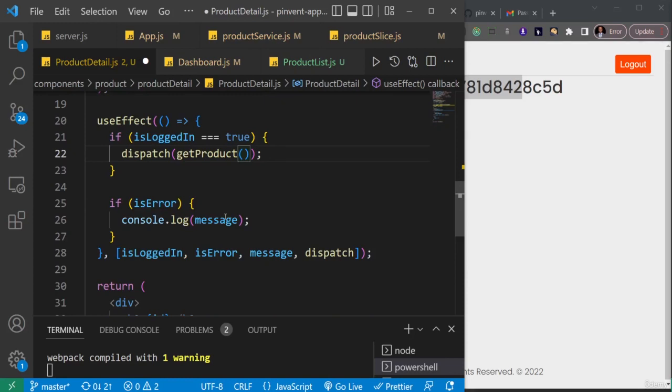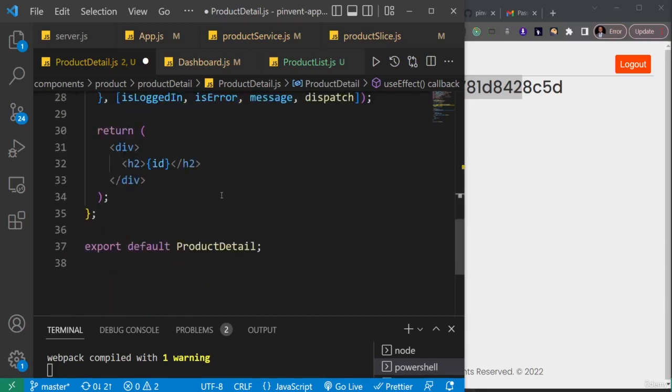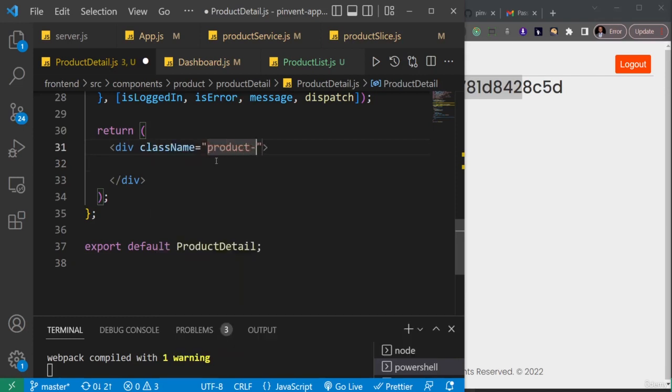This is actually fine. So you'll notice here that we are now having access to the product. So now this product can be something we use to display the product in our JSX, and that's what we're going to do immediately. So here I'll just come and get rid of this h2 and let's start writing. So first off, let's give this a class name of product detail. Then here we're now going to have not an h2 this time but an h3, and tab that. The h3 will say product detail,